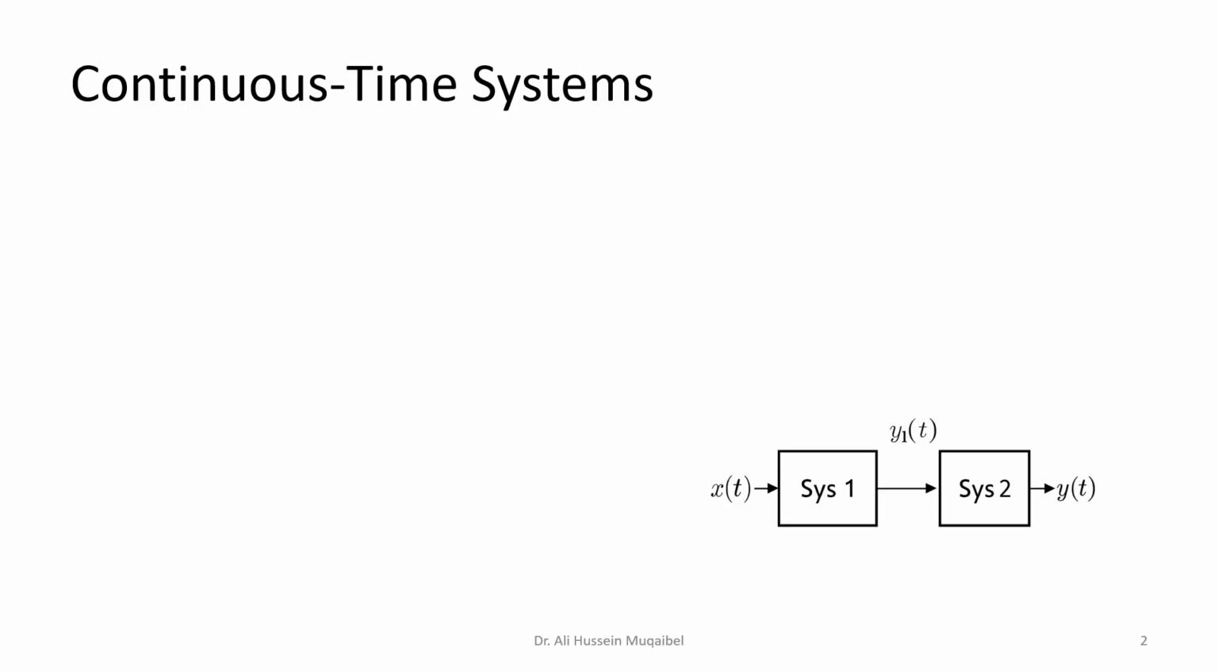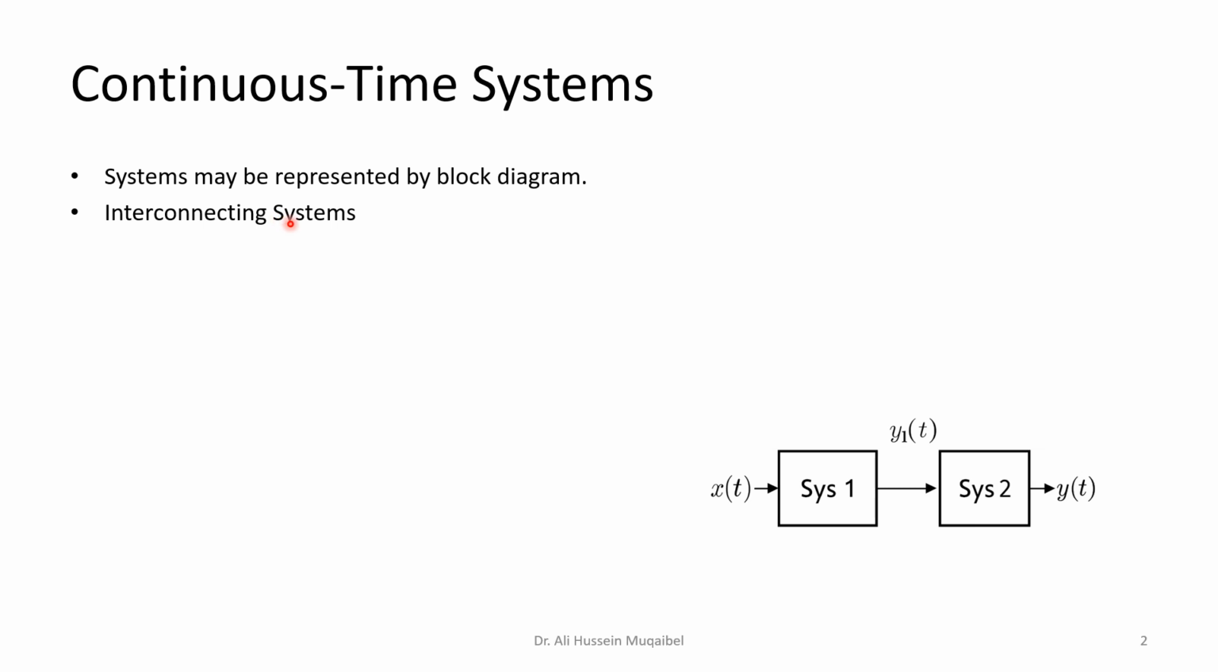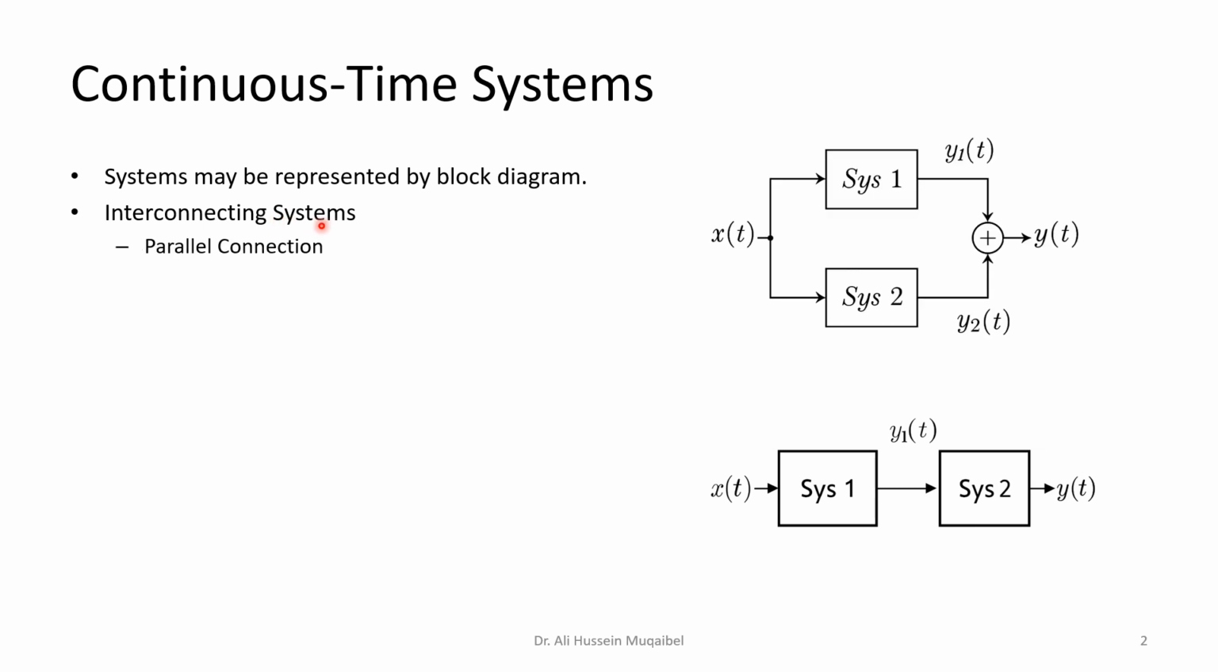We have been speaking about signals. Now it's time to talk about continuous time systems. Systems may be represented by block diagrams, like this is one system, another system, and they can be interconnected. The way we connect the systems, we could have parallel connection or cascaded or in series connection, series or cascade